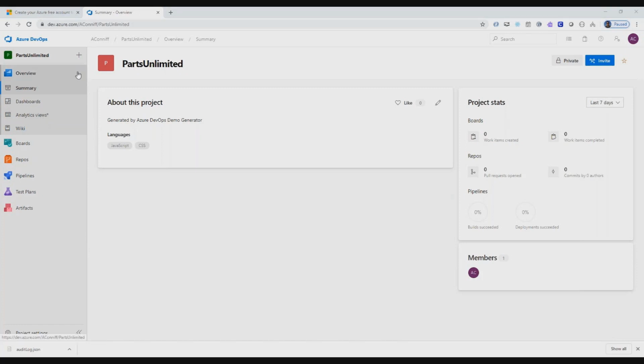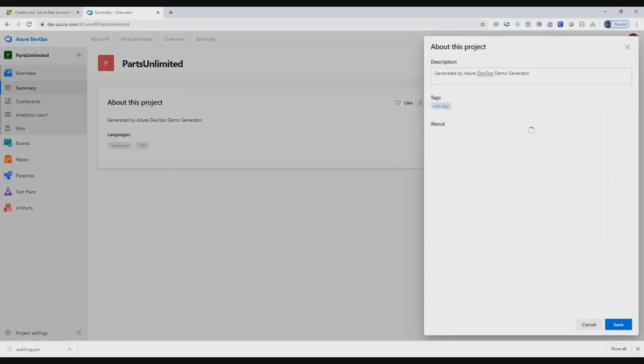Okay. So the first thing you see is the welcome dashboard. There's the about on this project. We can do the README file. We can add a wiki. There's sample wiki content right there. We can add some tags, whatever we want to do. And this is the general description. So if we want to add more things like,